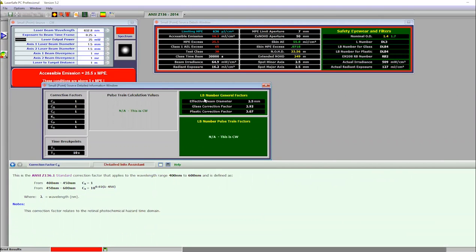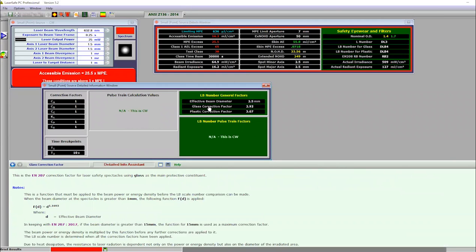And also, if you're interested in how the LB numbers are derived, this panel here gives you how all the values are derived, because there are certain correction factors, for example. Again, that's the more nerdy numbers, but they're actually very valuable if you have to specify something very, very precise and you need to write it all down